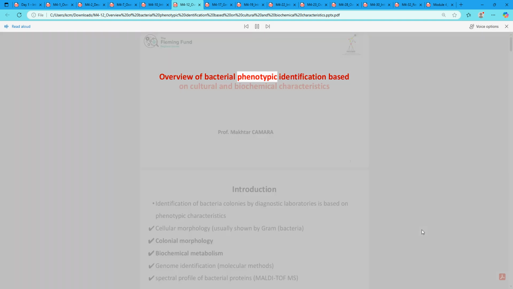Overview of bacterial phenotypic identification based on cultural and biochemical characteristics, by Professor Mokhtar Kamara. Identification of bacterial colonies by diagnostic laboratories is based on phenotypic characteristics: cellular morphology, usually shown by Gram staining of bacteria;